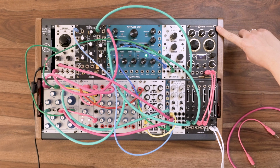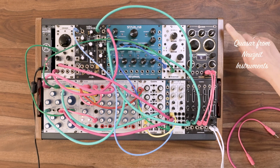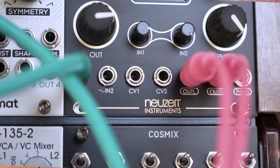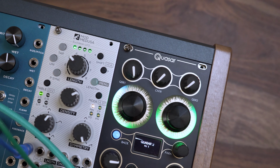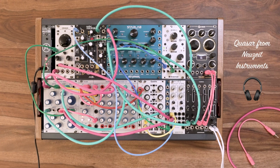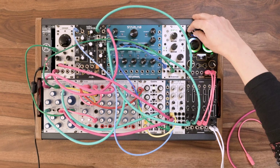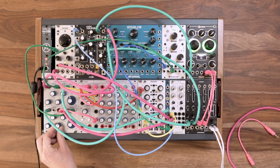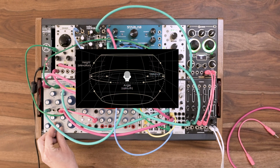The Quasar module from Neuzeit Instruments is another highlight this year. It is the first 3D binaural Eurorack module on the market, and it's very much fun to use. But before we continue with this module, you will need to get your headphones, otherwise you won't hear the full effect of the binaural audio processing. So instead of listening to your Eurorack sound in mono or stereo, you can send it to Quasar and let it do its magic. It will process your audio signal into a spatial 3D sound that you can move around your head